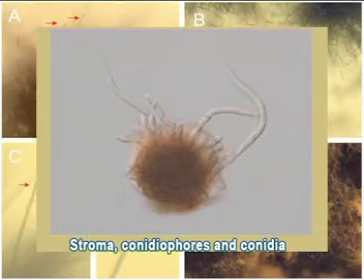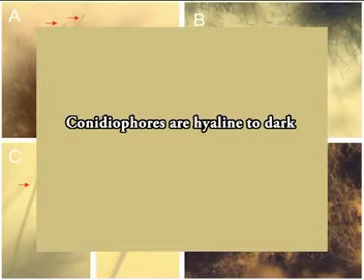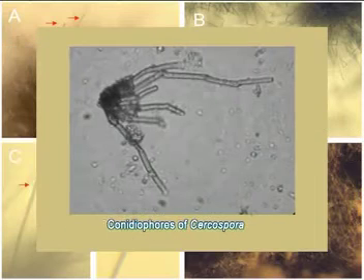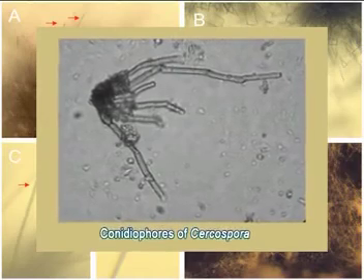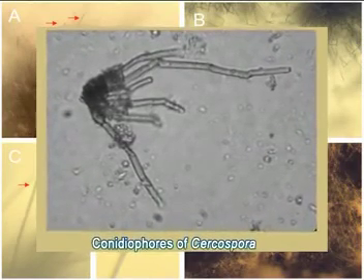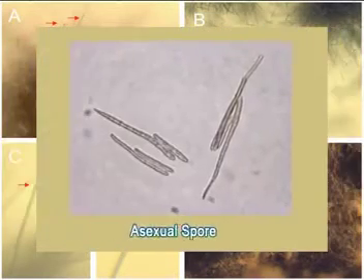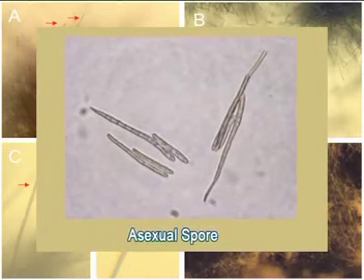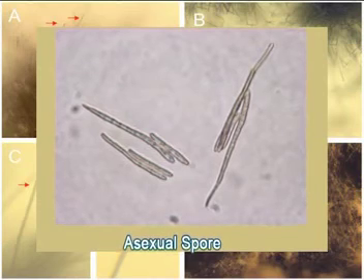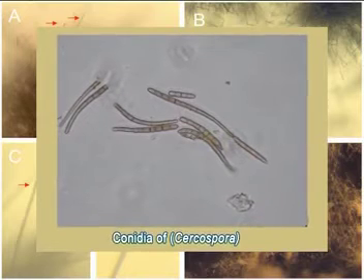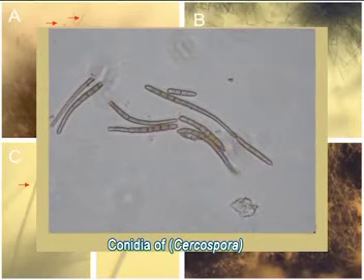From the stromata arise conidiophores which rupture the epidermis. Conidiophores are hyaline to dark brown, septate or not septate. Sometimes branched, straight or flexuous, and show distinct geniculations, that is, knee-like bends. They are 20 to 30 microns in diameter. These form single conidia acrogenously. Conidia are obclavate or cylindrical, light colored. Their length is 18 to 60 microns, while breadth is 6 to 11 microns.